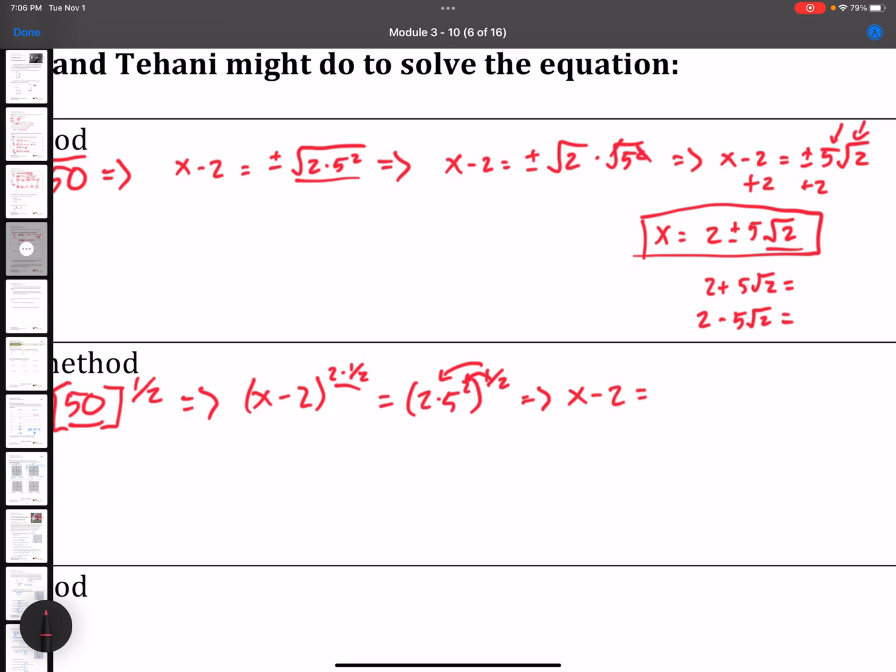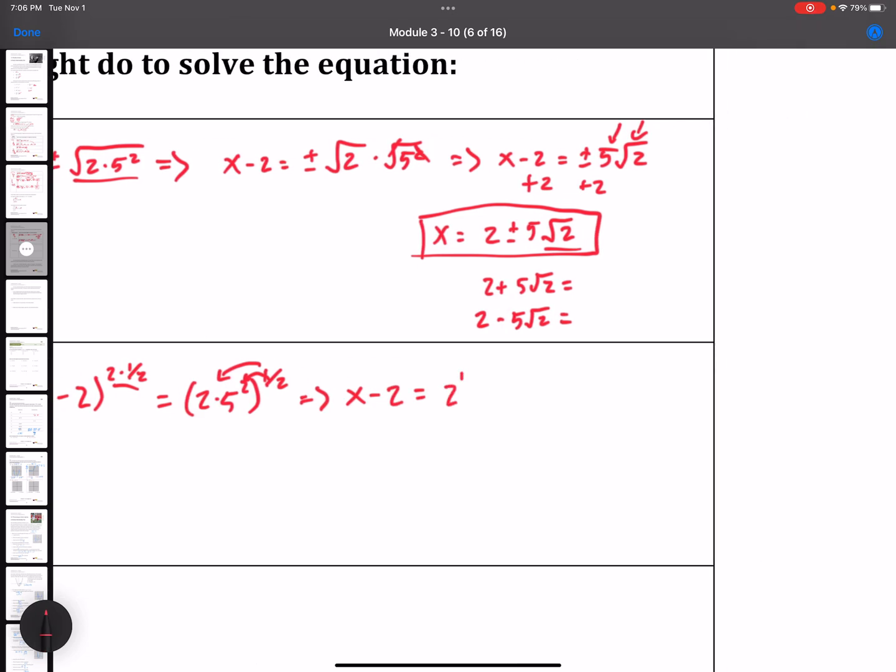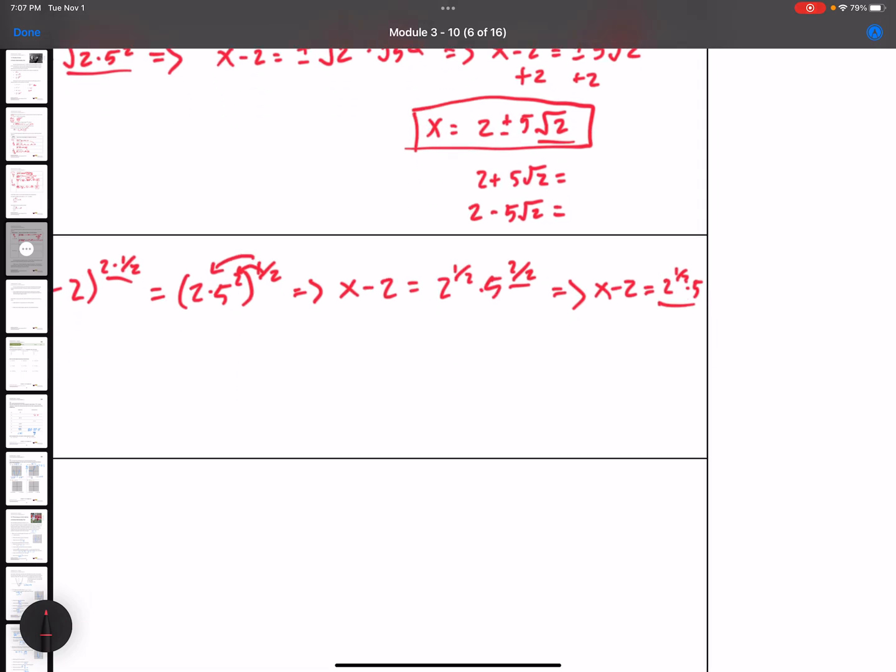X minus 2, woohoo! So then I've got 2 to the 1/2 power times 5 to the 2/2 power, which those are nice anyway. And I get x minus 2 is equal to 2 to the 1/2 times 5, because 2 over 2 is just to the 1, so I'm good. I can simplify that, and I'll add 2 to both sides. So x is equal to 2 plus 5 times the square root of 2, because I took that denominator and pulled it out outside of the radical,